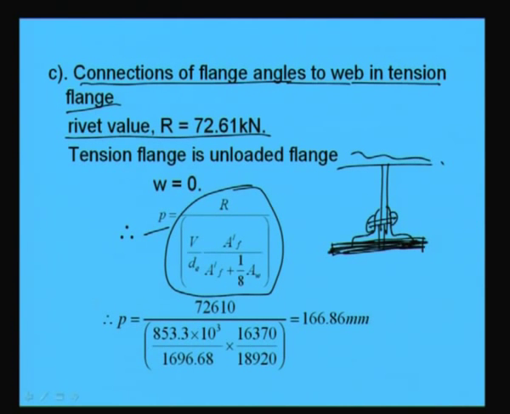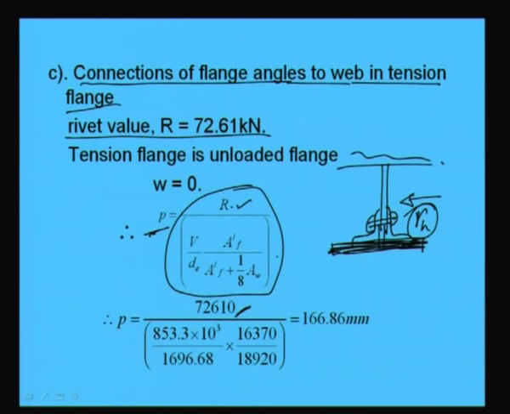So, at the top load is there. So, plus W will not be there. So, only the R H will be there, that value, forces in horizontal direction. So, if we put the values, the P will become R V by d E into A dash F by A dash F plus 1 by 8 A W. Now, putting those values, R as 72.61 means 72610 Newton